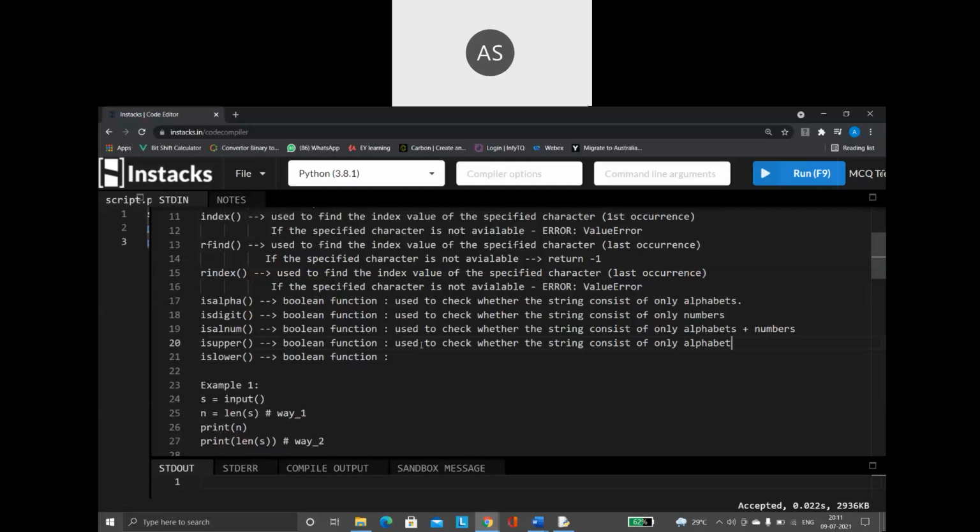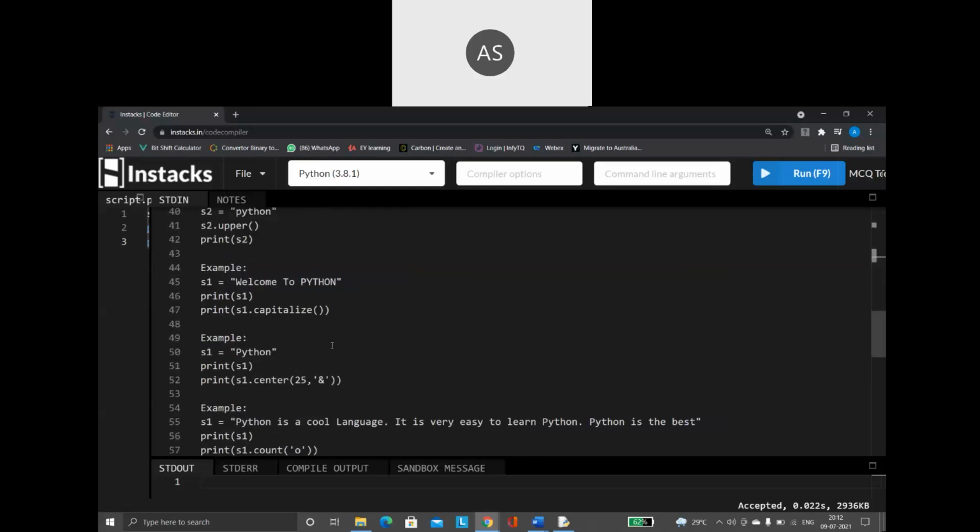It is going to check whether the string is in uppercase, and the islower function is used to check whether the string is in lowercase. So all these are what we call Boolean functions. The result of it is always going to be a true or false value.